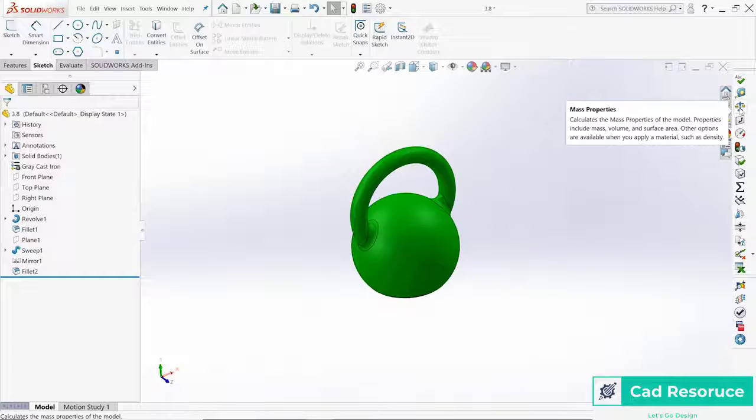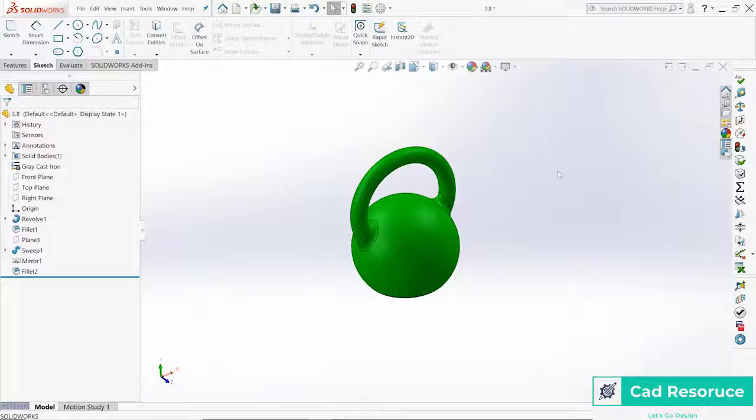So those are a couple different ways that we can apply mass properties. We can weigh our part and really see what goes on behind the scenes as far as how SolidWorks is using the